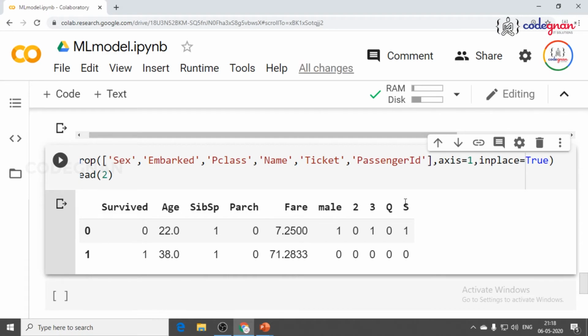So the next step is you are trying to build a machine learning model. That's where the third step of model creation, model validation, and model evaluation comes into picture.